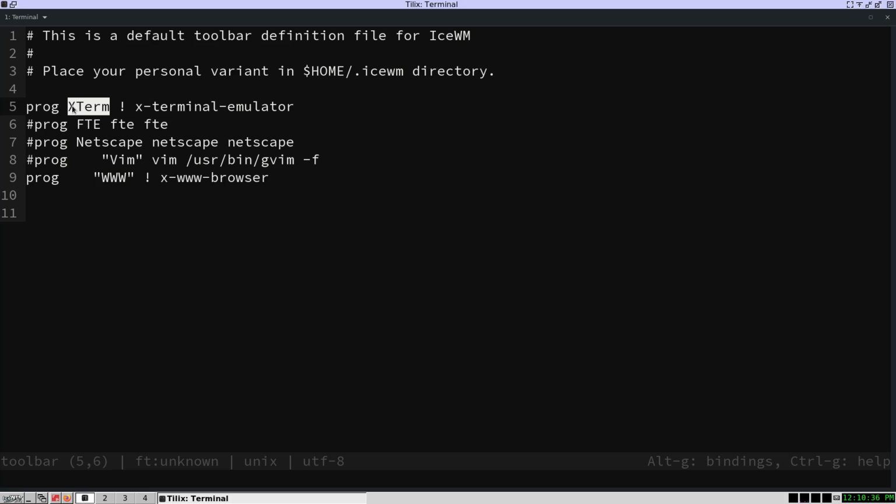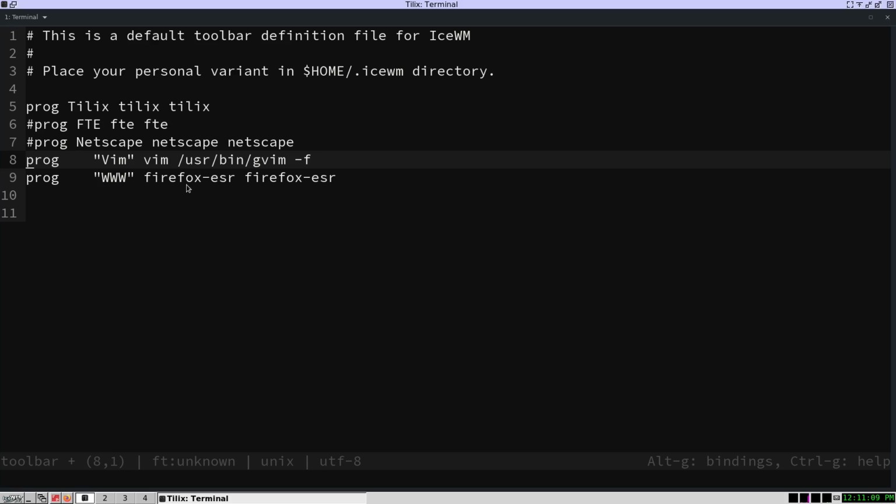Okay, so I'm just going to make this a tilix. Does it have to be named twice again? Yes, it does, apparently. Tilix. Okay, tilix. These things are kind of irrelevant, aren't they? But I'm just going to leave them. Firefox ESR. Firefox ESR. And I'm just going to do basically the same things just to see if it comes up here. Prog